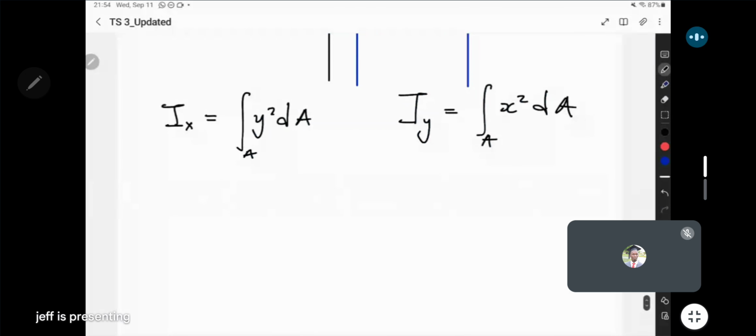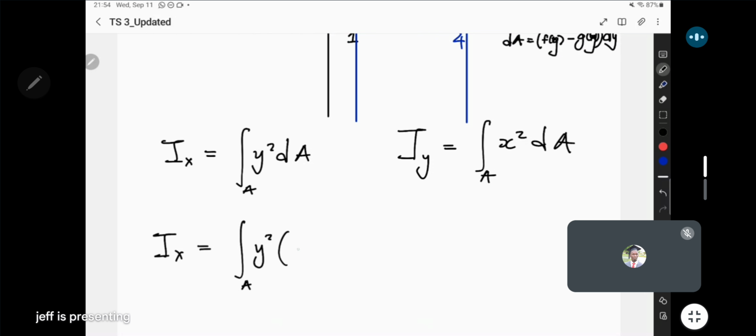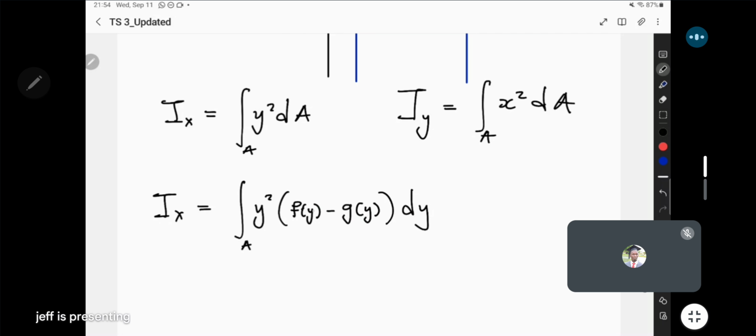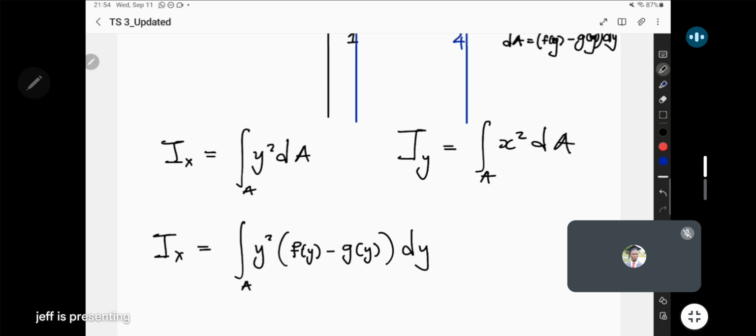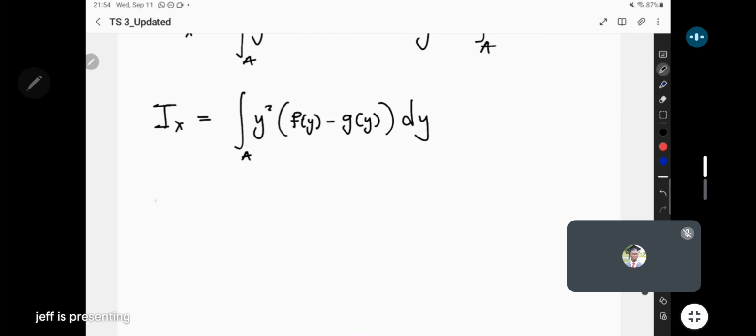With that done, when we bring it here, we're going to have this. This will remain y squared. And here, remember, I am still generalizing it and going with f of y minus g of y, and then dy. Now, let me sort out what is happening here. We're going to split it because the leftmost boundary changes when we reach point B. So look at it as, for the first part,